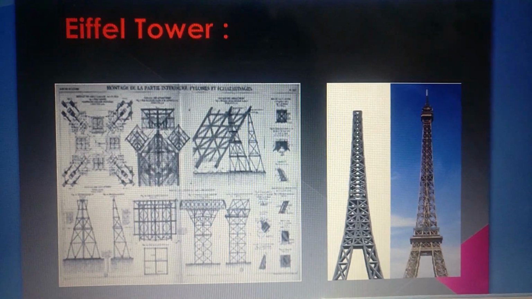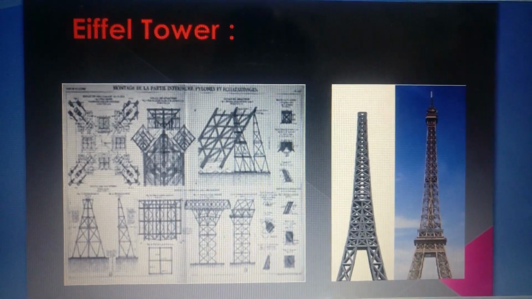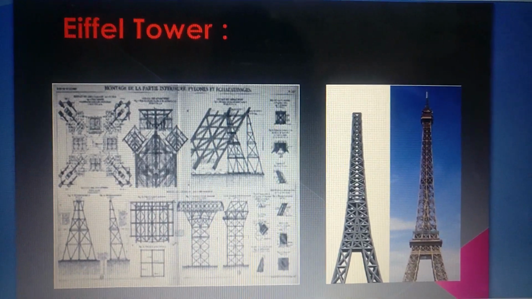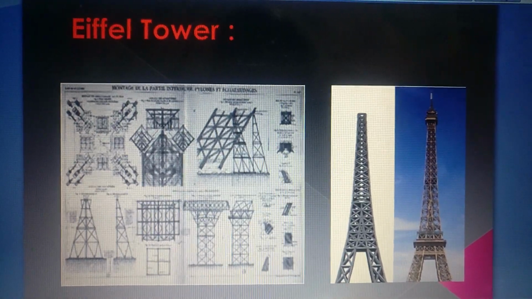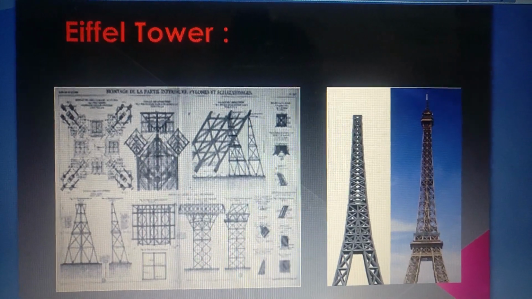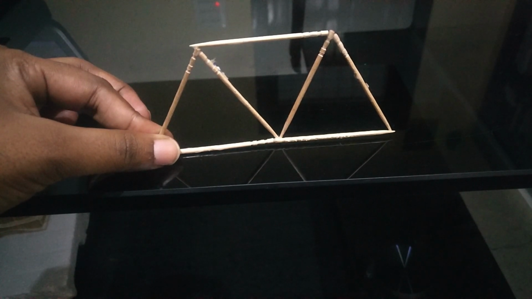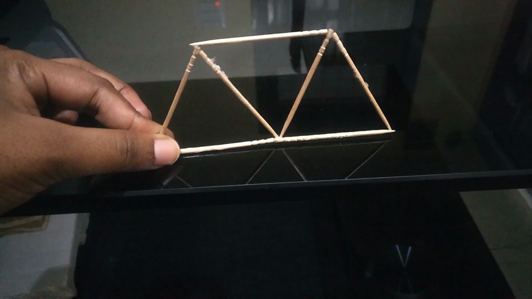Now coming to the Eiffel Tower, see here in the Eiffel Tower design, there are some X-shaped beams. Those X-shaped beams are called trusses. So trusses are used in towers also. From the examples of the types of trusses, the trusses are used in bridge constructions, roofs and towers. This is all about the truss, types of trusses and their uses.